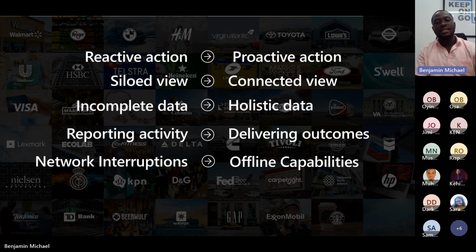Collecting holistic data is very important rather than keeping incomplete data, which is not sufficient to make actionable or profitable decisions. Reporting on activities that happened in the past is quite good, but you also need to pursue meaningful business goals and outcomes for the future. And then finally, you need solutions that will be available even when your network is being disrupted.